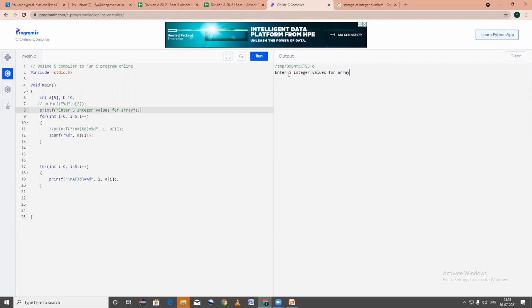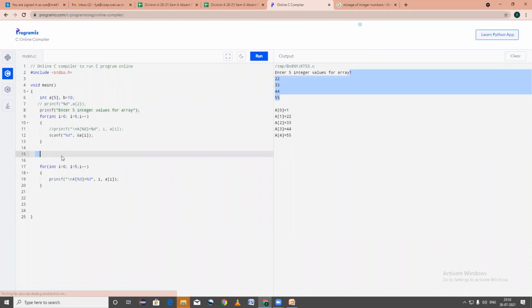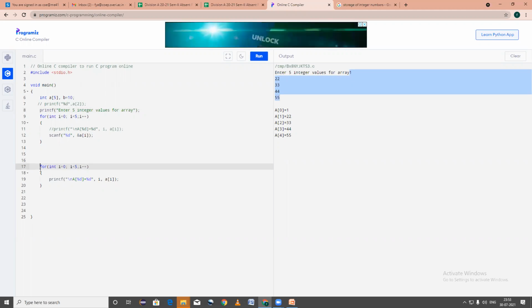I'll rerun again: 1, 22, 23. So these values are taken as input, and as there is nothing else here, it goes directly to this for loop, finds the operation to print the value, and prints it.